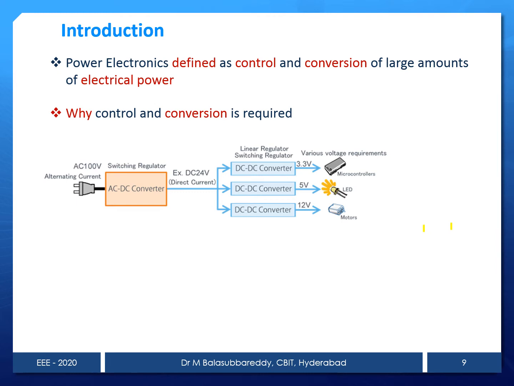Another thing we can see is regulators. In the olden days, we used this type of regulator for fan regulation. Inside it there is a resistance box, with some steps of resistance. When you change the position from one to another, the resistance is cut off, then the voltage will increase, and then the speed of the fan will increase. That is the control strategy of a fan without using power electronics.